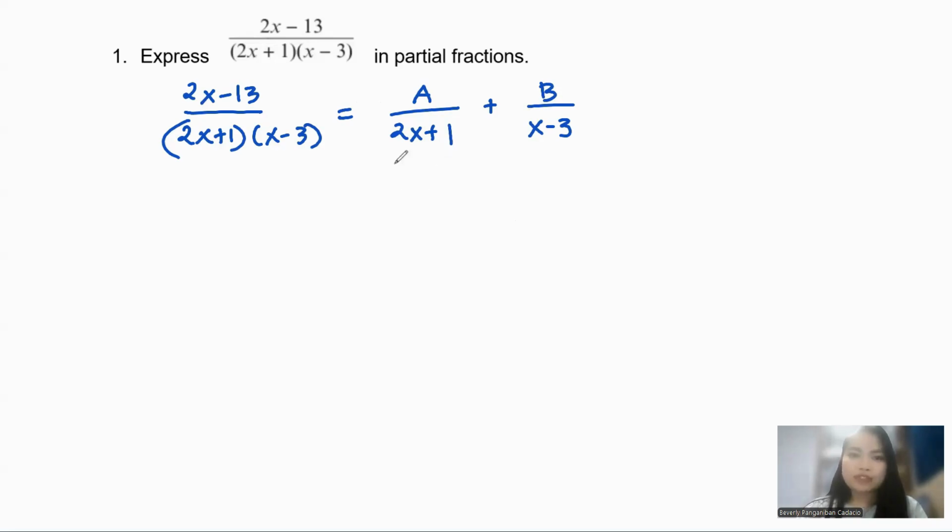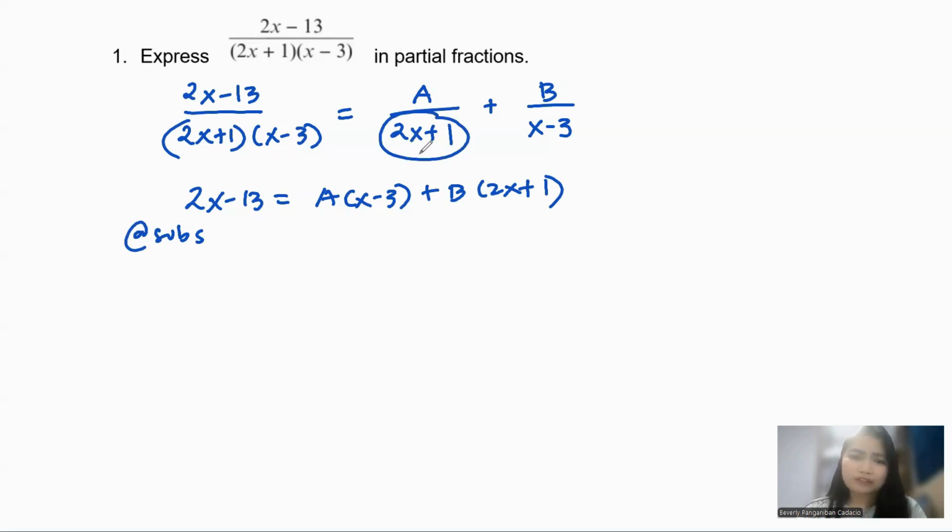So basically, since it's just a simple one, I can multiply my a to that x minus 3, and my b will be multiplying the 2x plus 1. Easy peasy. Now, again, I'm using substitution here. So you can practice substitution. I'm going to substitute the first one. I'm going to look here, but whatever arrangement you like, that's okay. But for me, I always go with the arrangement here.